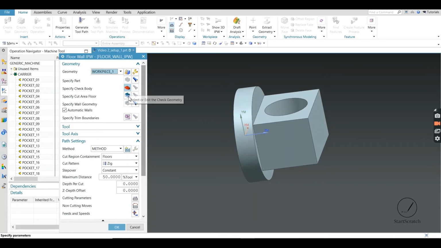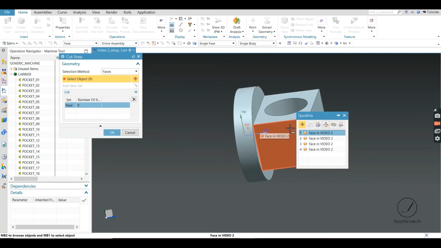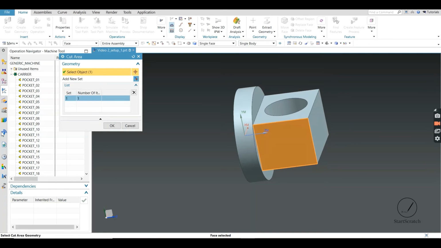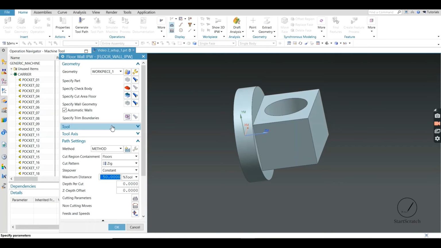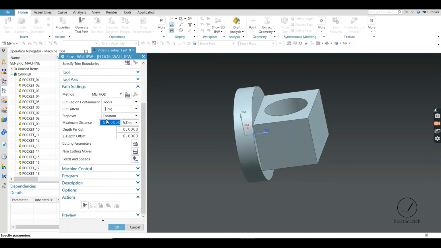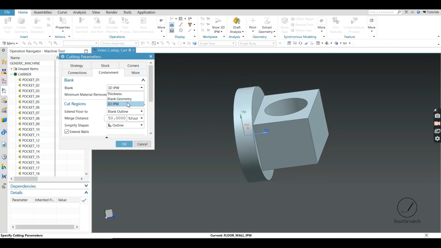Now we would be selecting the area which would be cut by the tool, that is the mill tool. Check the cutting parameters. 3D IPW should be selected.